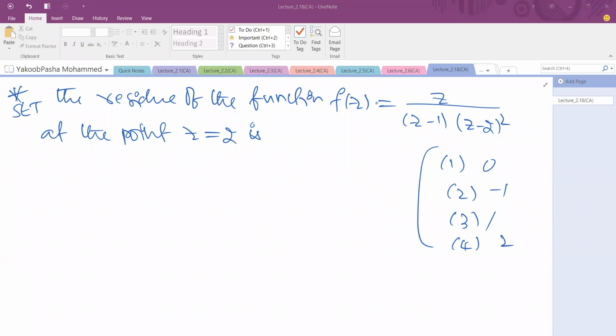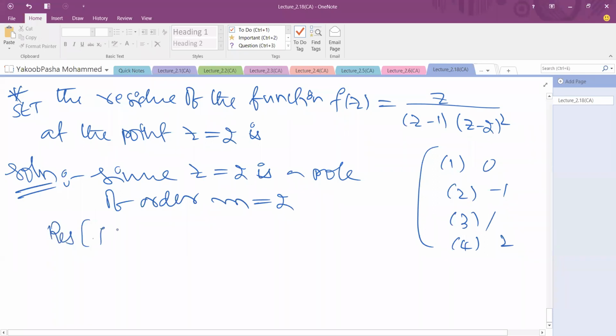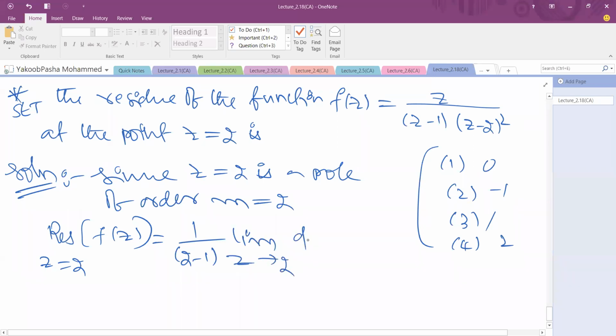Clearly we can observe that z equal to 2 is a pole of order 2, so m is equal to 2. Then the residue of the function f of z at z is equal to 2 is equal to 1 by 2 minus 1 factorial limit z tends to 2 d by